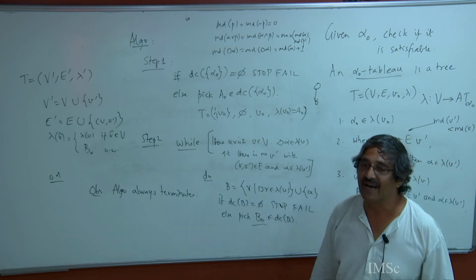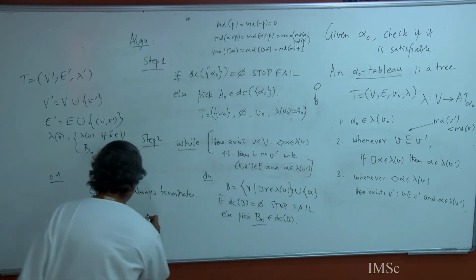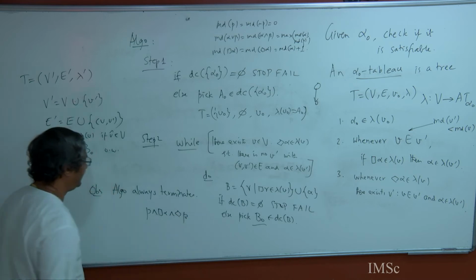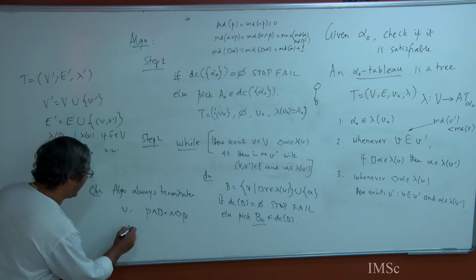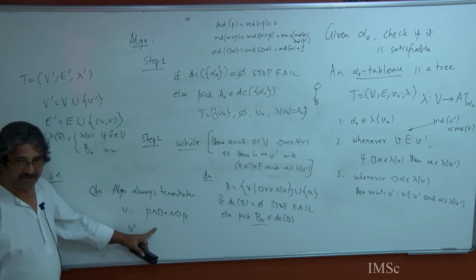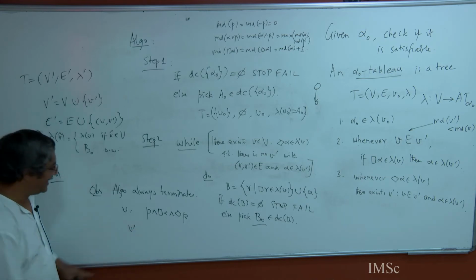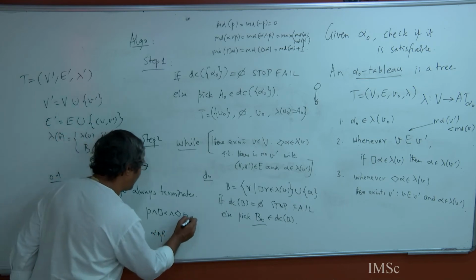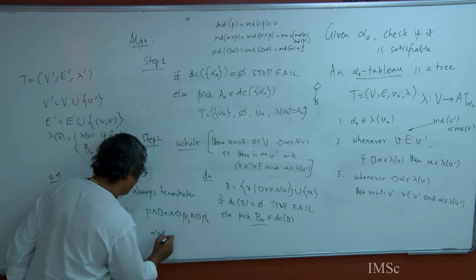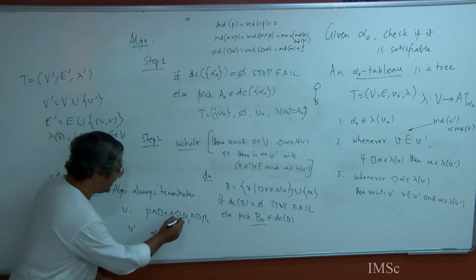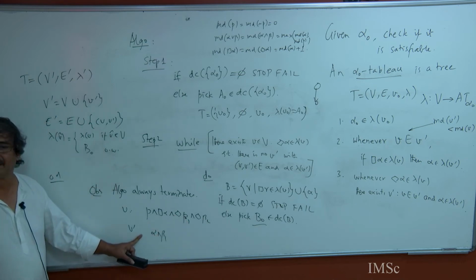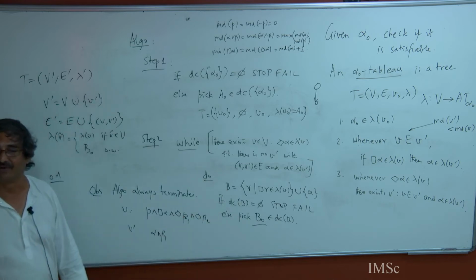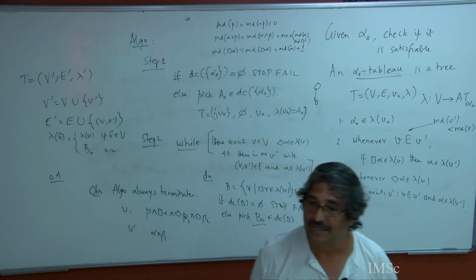right? So if for instance I had P and box alpha and diamond beta in V, what will I have in V prime? P will not come, alpha will come and beta will come. Maybe I have diamond beta 1 and diamond beta 2, I may have only one of them, right? Because every box formula I carry down and I have picked some diamond formula and I have taken it down. So is it clear? So the depth of the tree,